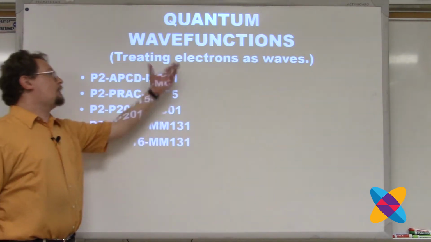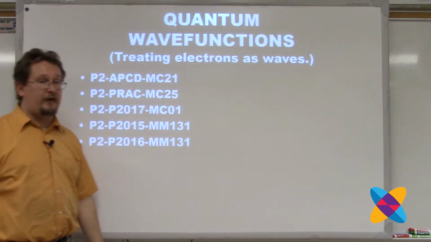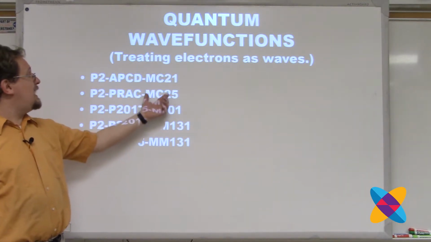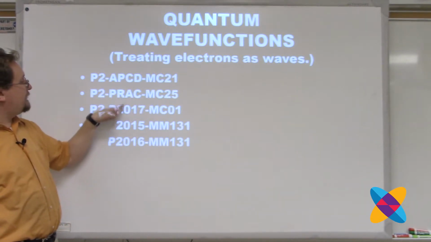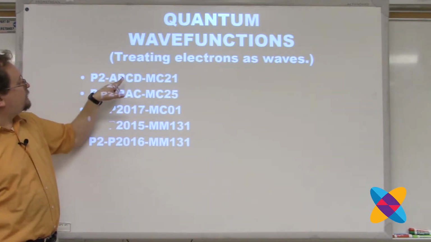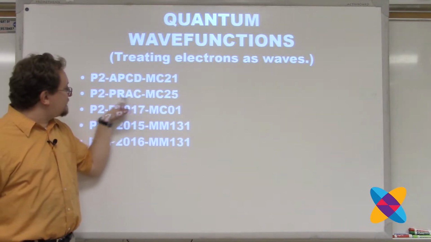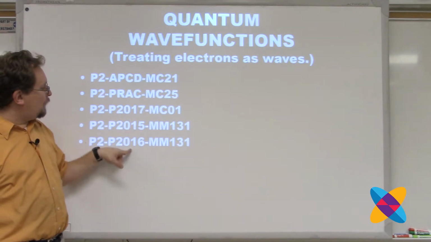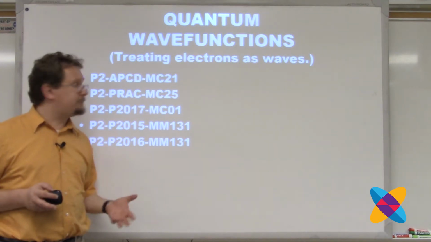Quantum wave functions. You won't see any quantum wave functions on Physics B. They didn't have them. However, we've seen enough of them in Physics 2. Actually, one on every single released exam. There's the released AP course description, the practice exam that was never used as a real AP exam behind the audit wall, and one for each year from behind the audit wall. Go see them, see how they're going to be asked.